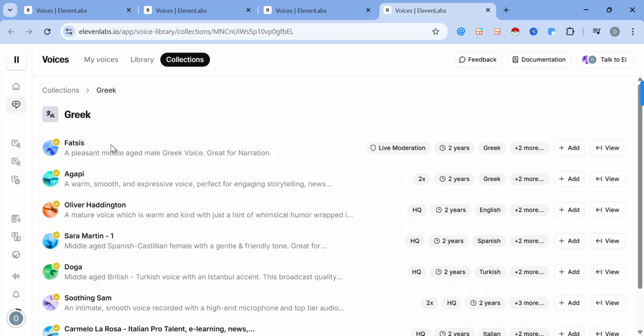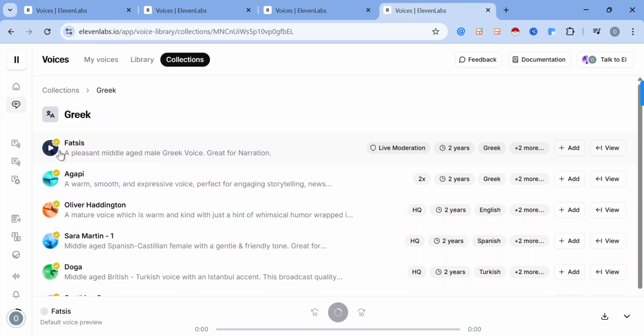Here you can choose a Greek voice of the quality you're looking for. You can proceed to even sample them by clicking on the play option beside the names,